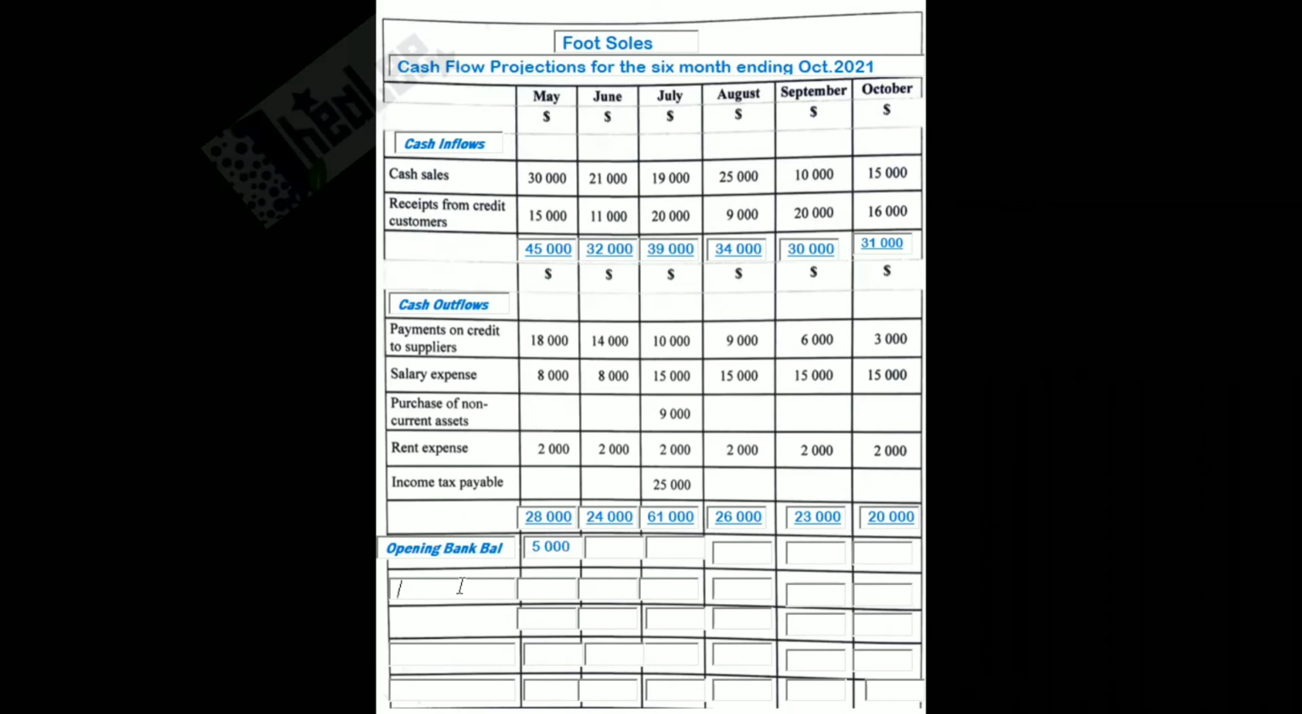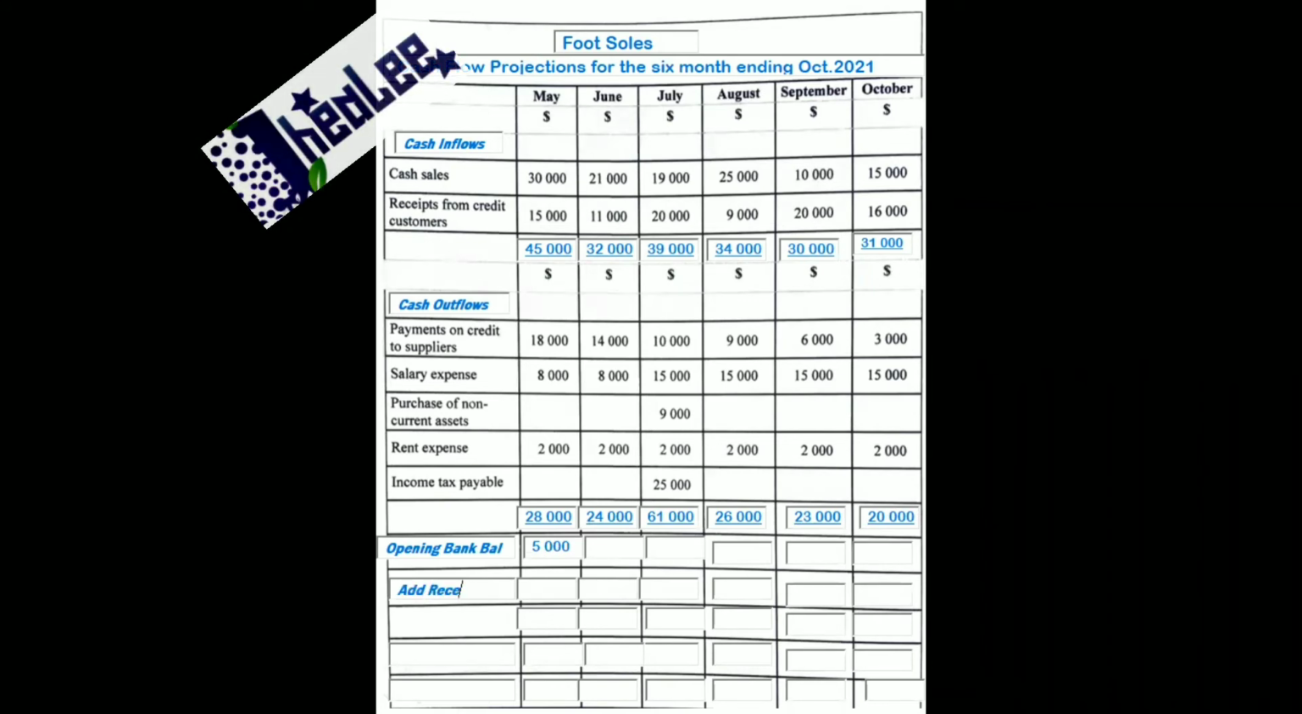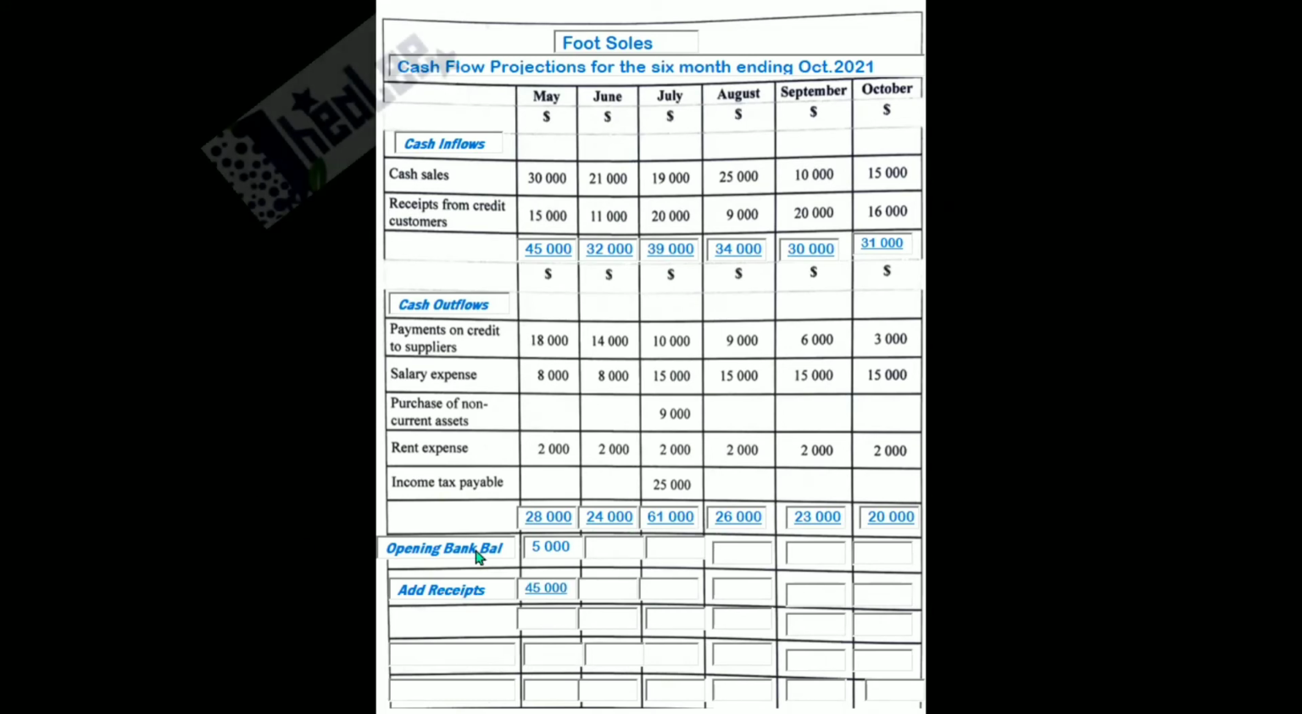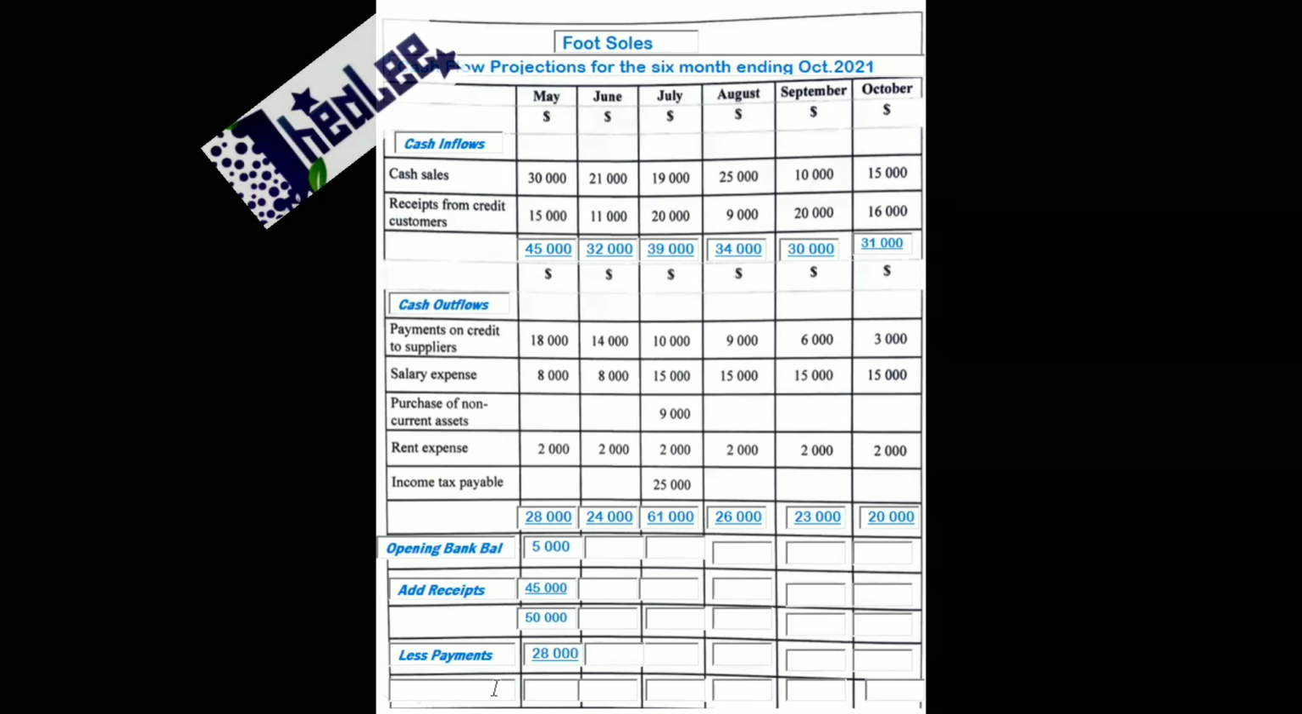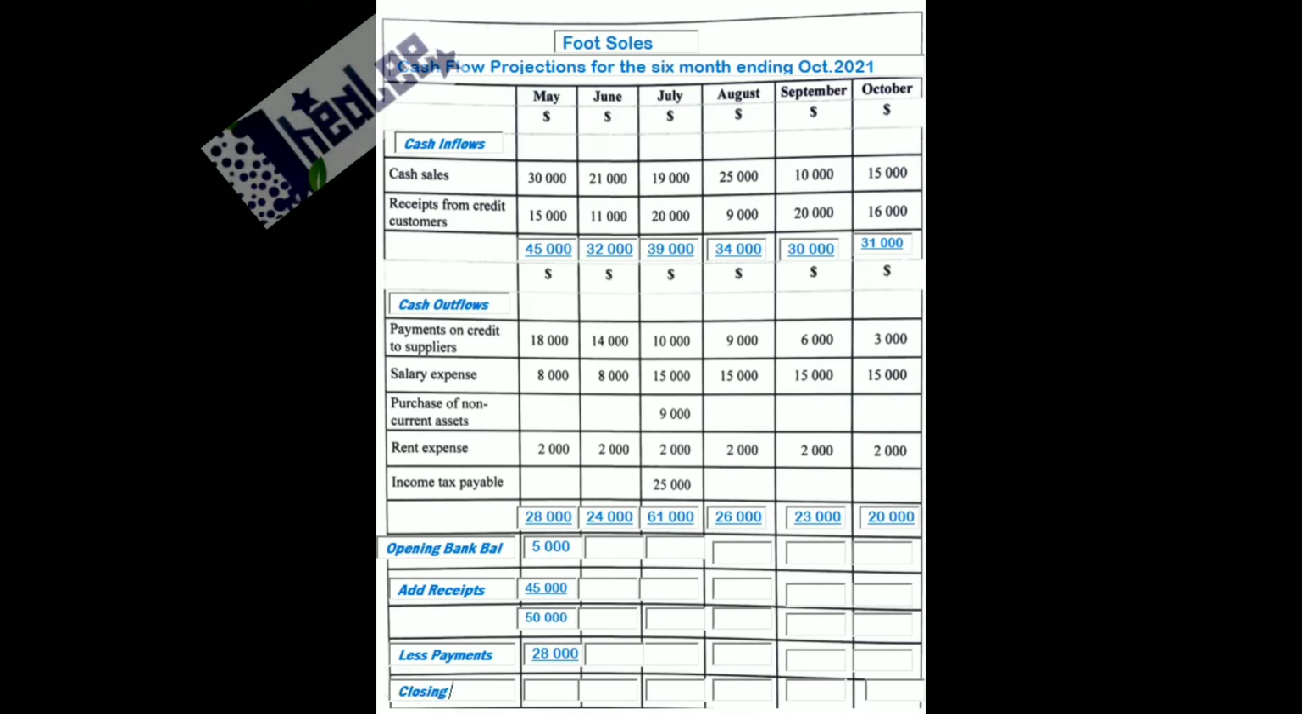To that 5,000, we're going to add the receipts, the total receipts for that month. And for May, that is a total of $45,000. When that is added, we get a total of 50,000. From this 50,000, now we're going to subtract our payments, so less payments. The payments for May is 28,000. That's the total there. When that is subtracted from that 50,000, we are left with the closing bank balance,